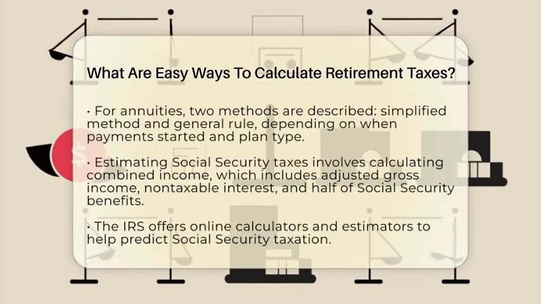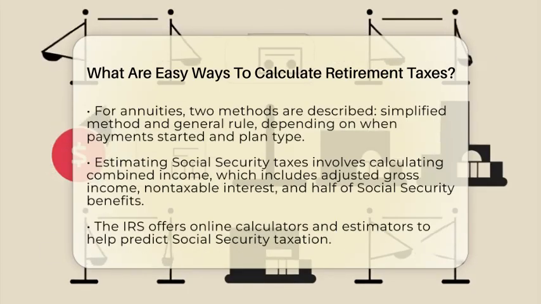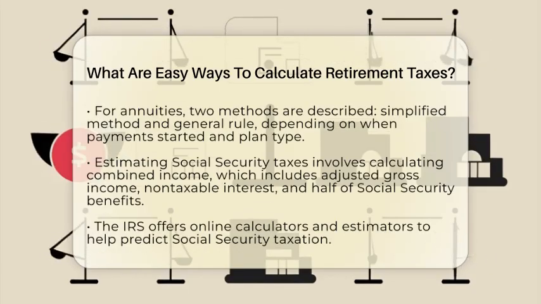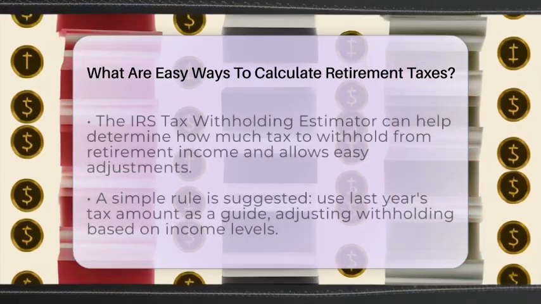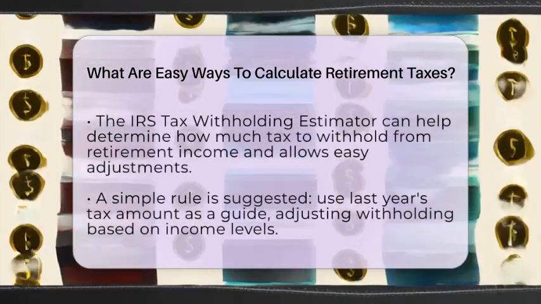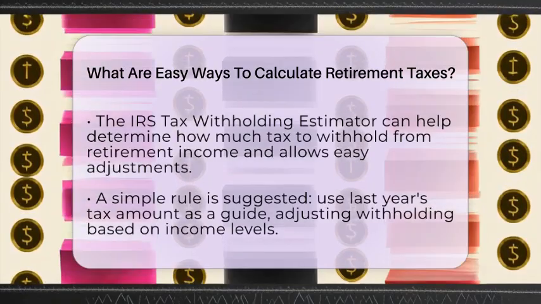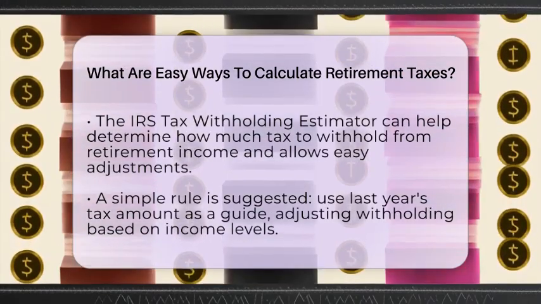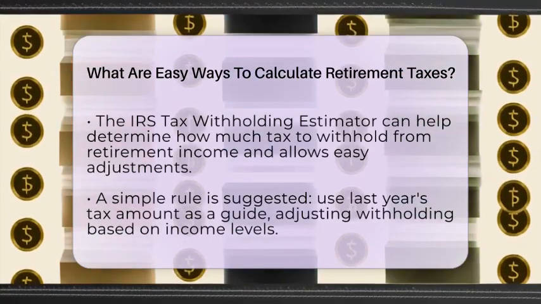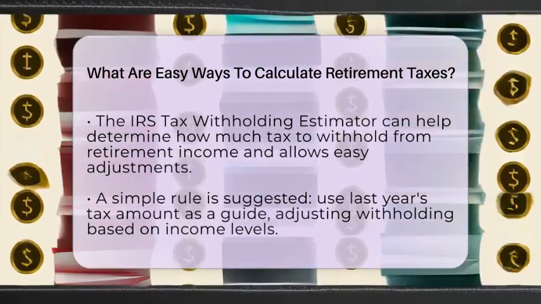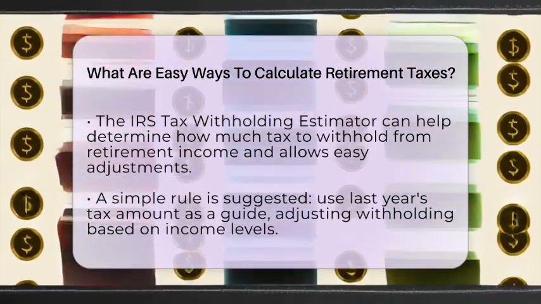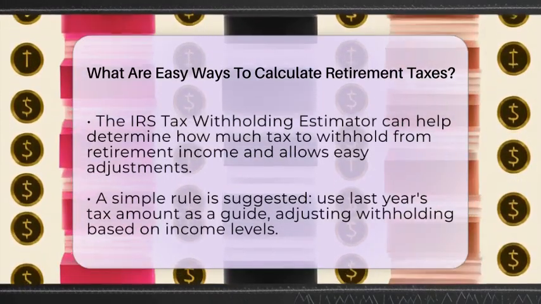Another simple approach is to use the IRS Tax Withholding Estimator. This free online tool asks about your income, filing status, and deductions. It then recommends how much tax to withhold from your pension payments and Social Security benefits. If you find that too much or too little is being withheld, you can easily adjust it using the forms